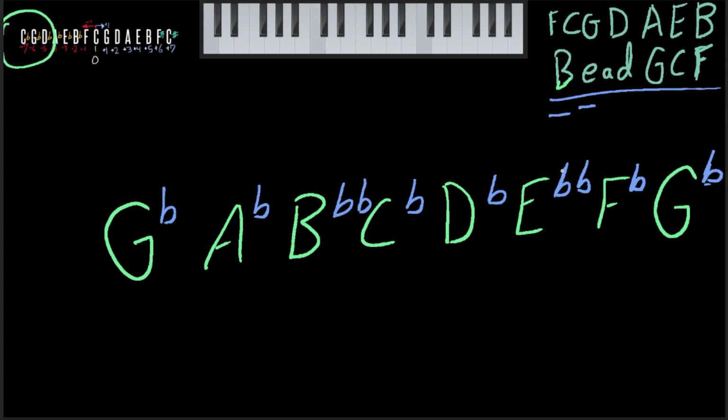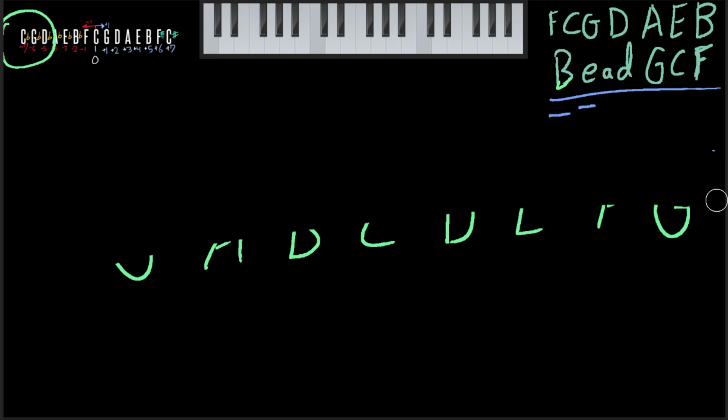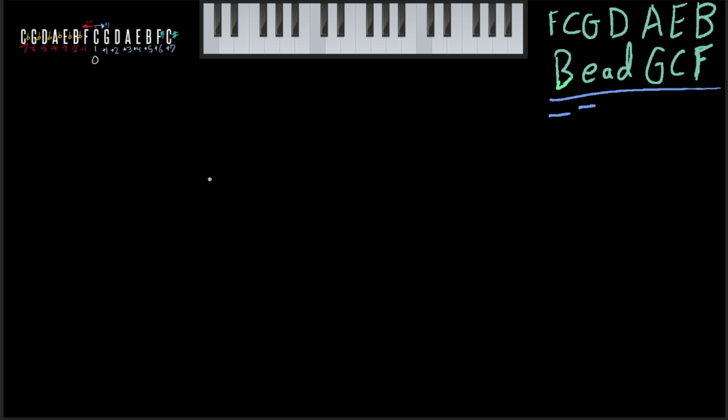Remember those keys. What you could do to save yourself the lifespan is convert the letter to its other name. Instead of saying G flat, and we want a G flat minor, by the way, what is G flat also called? It's also called F sharp. So let's convert this baby right here to F sharp. Hold on. Does something look familiar? F sharp? Yeah. So that means we have to look for the F sharp minor, okay? So we're going to use the F sharp because it's essentially G flat, right?